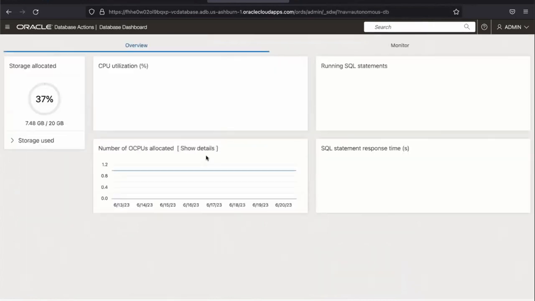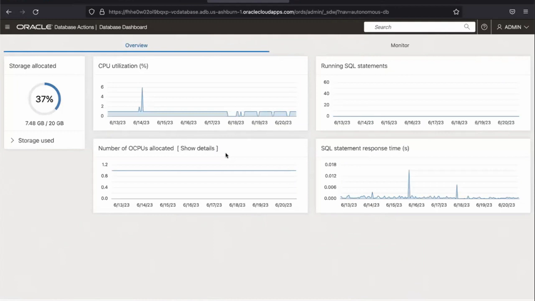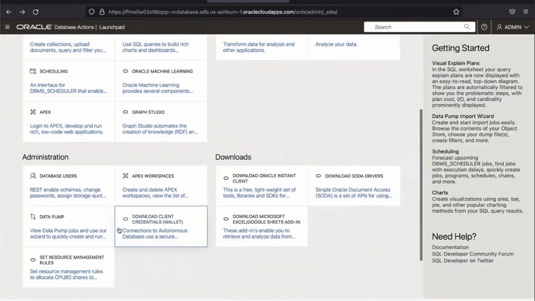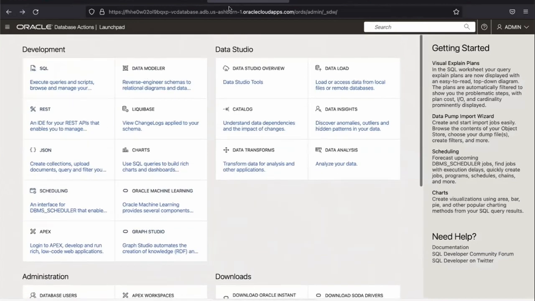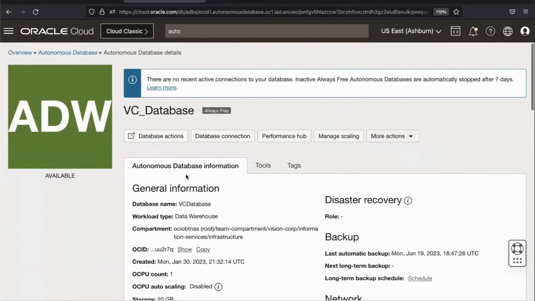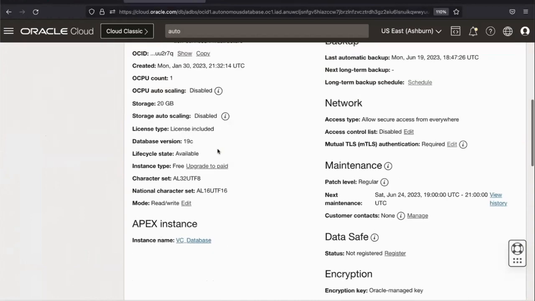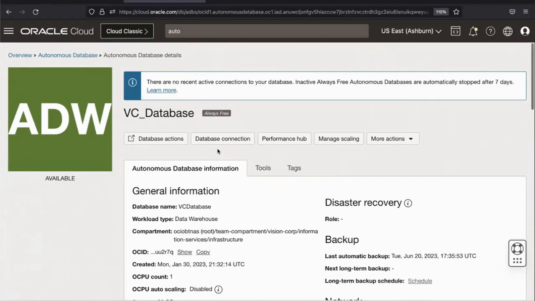For the database dashboard, you can put different stats in this. If you go in through the API, you can make this dashboard a little bit more thorough. And then same thing with performance management. So I'll go back to here, and we see, I think this is a data warehouse, yeah. But if I was going to try and create another autonomous database,